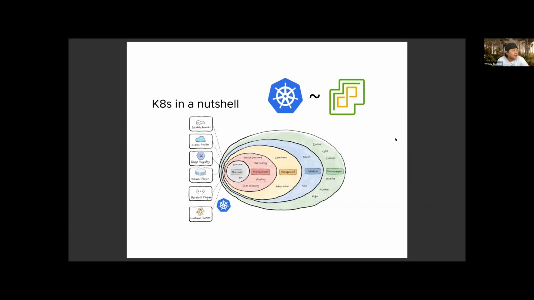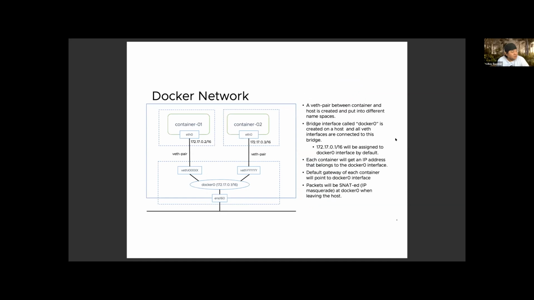But that's basically Kubernetes. It has a bunch of cool things to support the containers. So this is a 101 in order to deep dive into what is going to happen with the demo that I have, right? First of all, it's to know the Docker network.